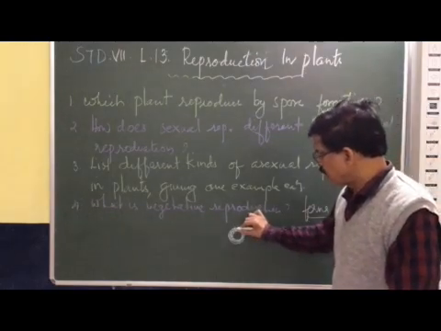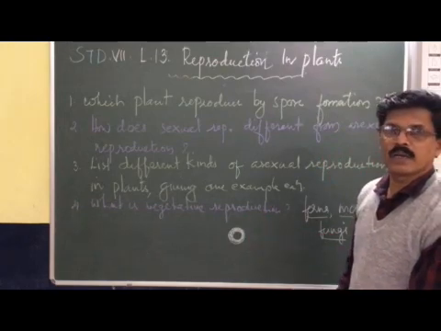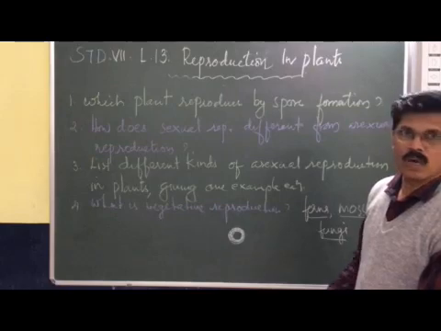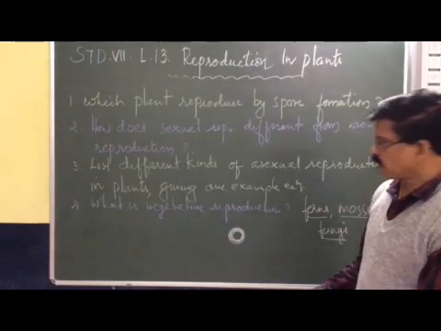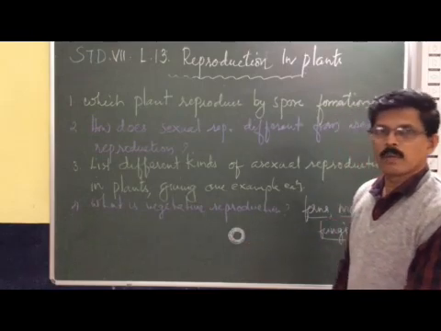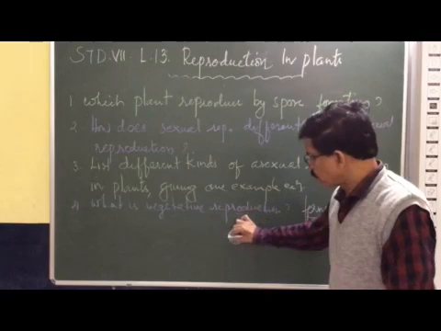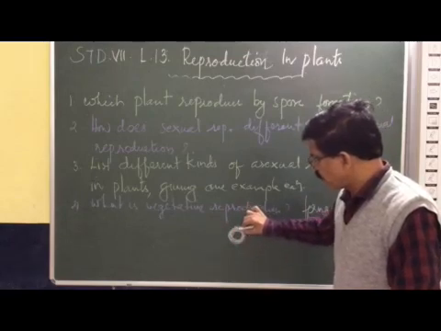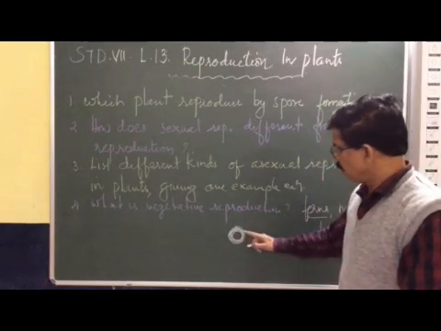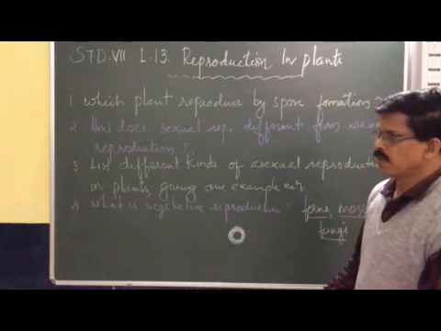Because of the thick wall, it helps them to overcome the unfavorable conditions. Unfavorable conditions like dry climate, over water, extreme heat, extreme pressure, and chemical presence. All these are unfavorable conditions for germination of the seeds. So, seeds or the spores will be covered by a thick wall. When the favorable condition comes, the thick wall will be broken and the spore germinates.